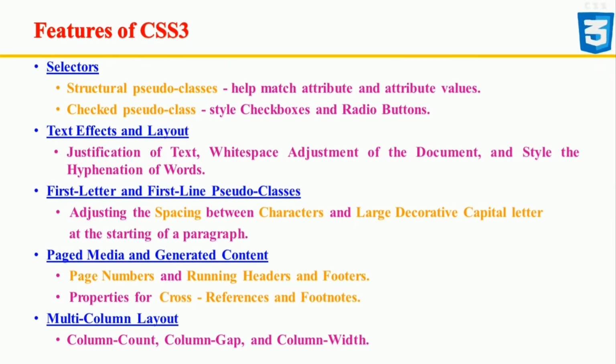Selectors are the part of a CSS rule set. CSS selectors select HTML elements according to their ID, class, type, and attributes. There are several different types of selectors in CSS. Selectors allow the designer to select on a more precise level of the web page. They are structural pseudo-classes that perform partial matches, helping to match attributes and attribute values. New selectors target a pseudo-class to style the elements targeted in the URL. Selectors also include a checked pseudo-class to style checked elements such as checkboxes and radio buttons.